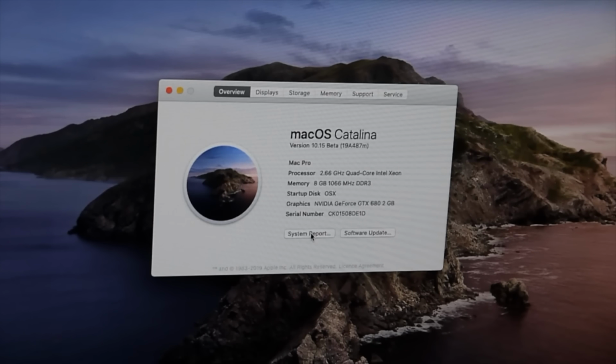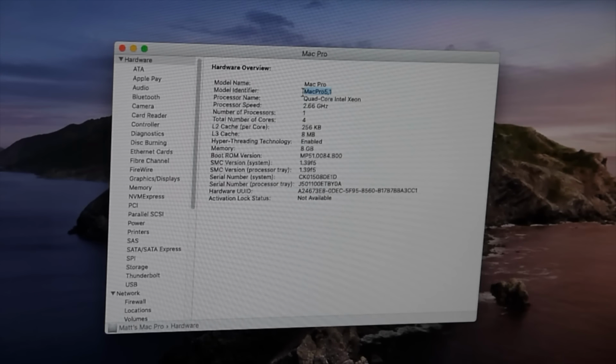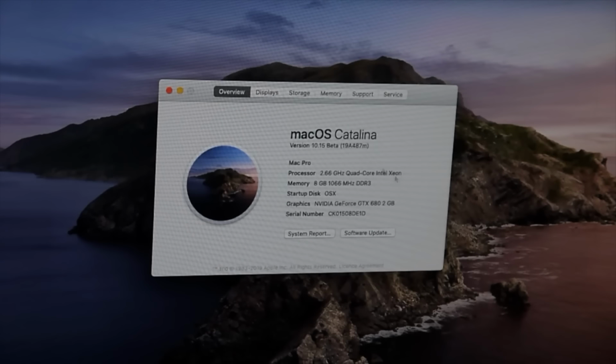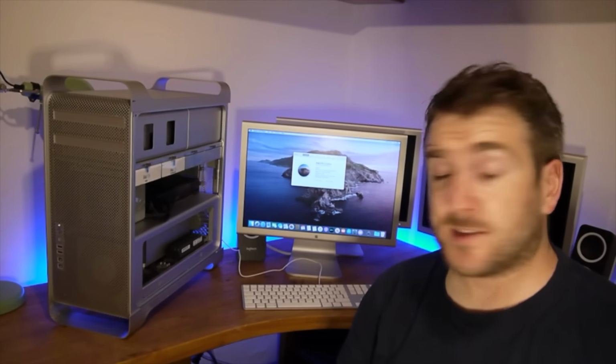Just to show you guys a bit more detail, I'm going to click the system report. Just to show you guys, it is a Mac Pro 5.1, you can see it here. And this is not actually supported. And there we go. macOS Catalina is now installed on an unsupported device. Well, there we go guys. That there just proves to you this is a Mac Pro which is unsupported to run Catalina, and it can